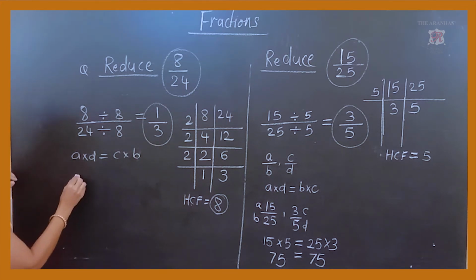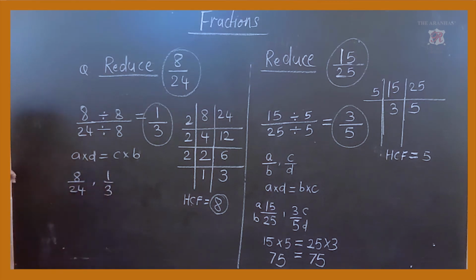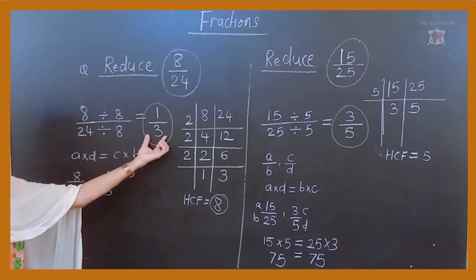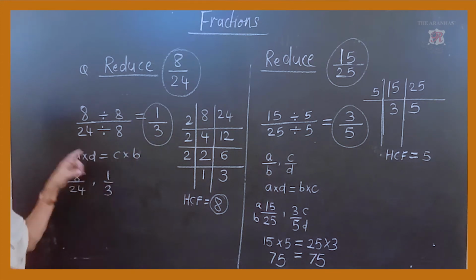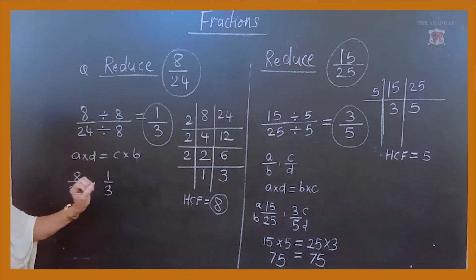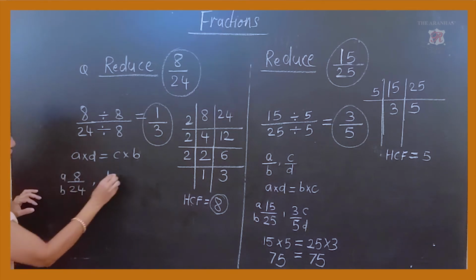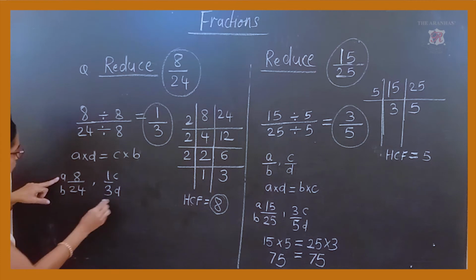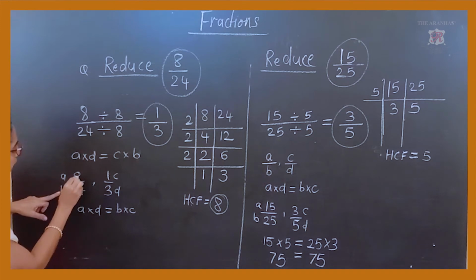So here, now suppose 8 upon 24 is given, the other is 1 upon 3. Whether we have reduced and found this answer 1 by 3 is correct or it is incorrect. So for that, again this cross multiplication method we have to follow, and by this method again we will confirm the given answer we have found is correct or wrong. So now after writing this we will do this cross multiplication. So A into D is equal to B into C, means again 8 into 3